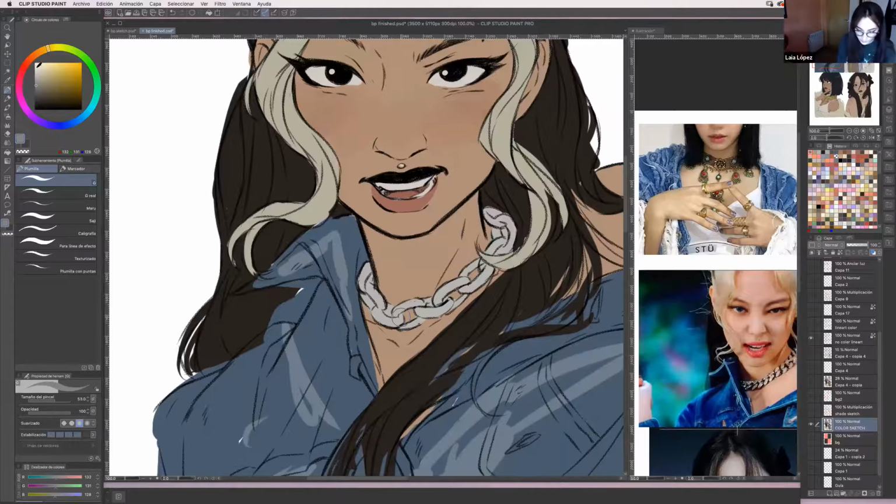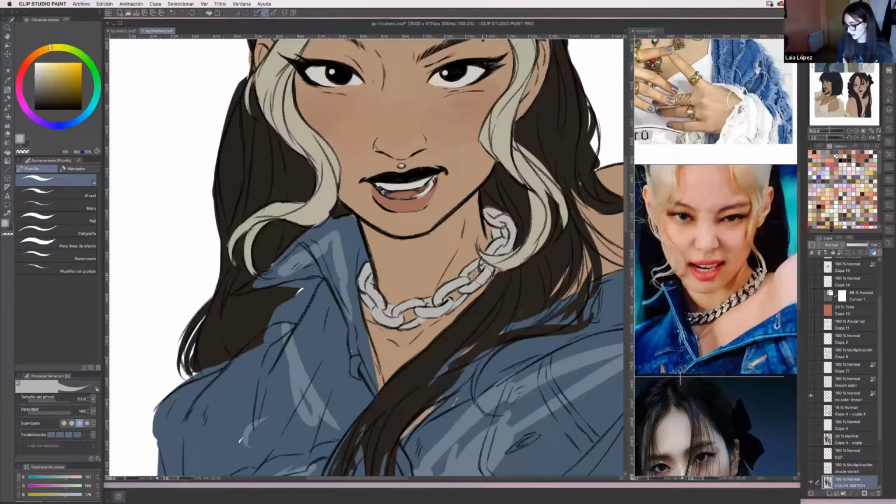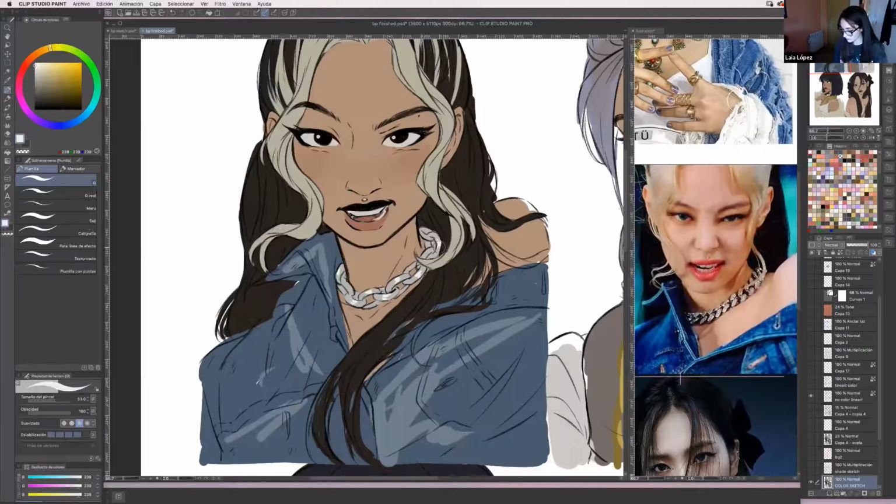What I do is I just pick a lighter color and add some shiny details. And if you look at it from afar, like if you zoom out, you can see that it looks a little bit shiny. Although later on, I'll just create another layer and I'll add some details on top of it, just like the cherry on top. Okay.